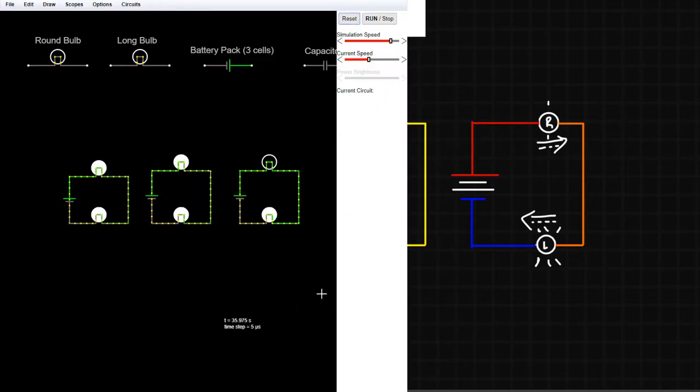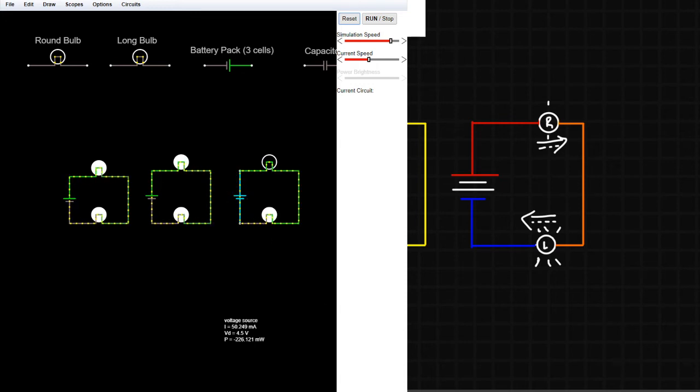Looking here at Falstad, if I scroll over and I look at the battery pack and I mouse over it and it turns blue, you'll see that things show up in the bottom corner. And I get 3 numbers there. I actually don't care about the bottom one at all for any of this. We're only going to be paying attention to those top 2 numbers. Specifically right now, I want to look at VD. You'll notice that VD is the same here, it's the same here, it's the same here. VD stands for voltage